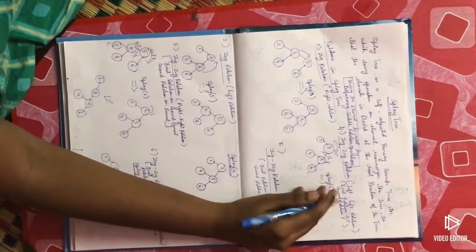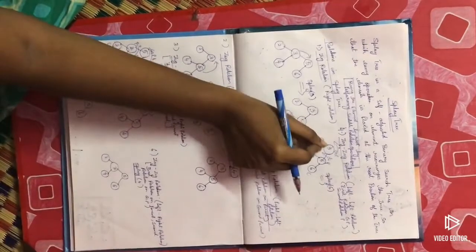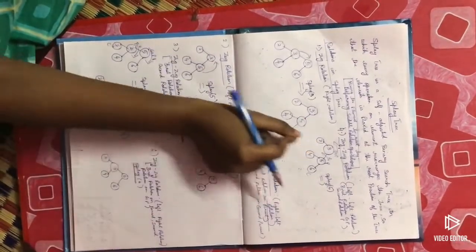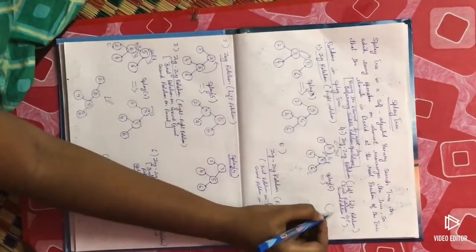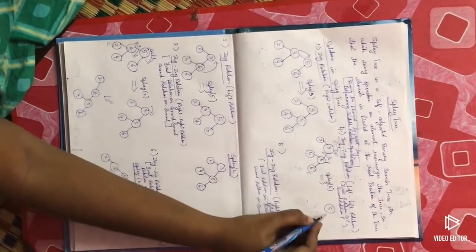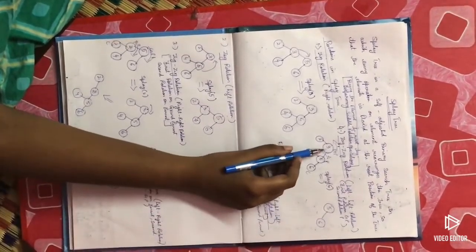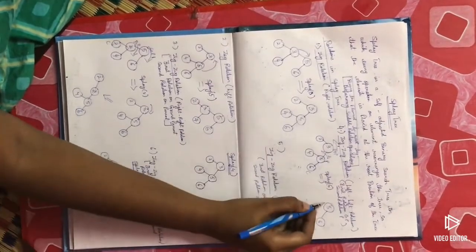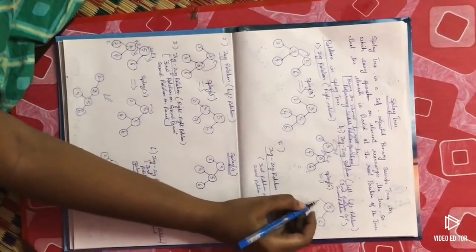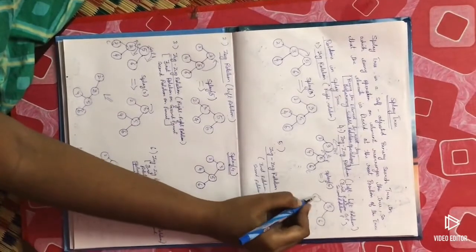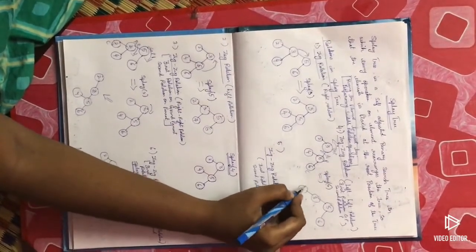Okay. Now what will happen? 5 will go to the root. This 3 and 2 will come down. So first I will write 5 and the right side element is 6 because there are no changes there. So now if I pull this 3 and 2, what will happen? This 3 will come here and 2 will be here.